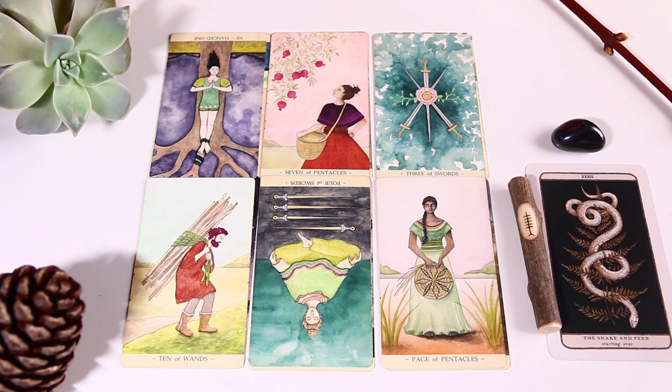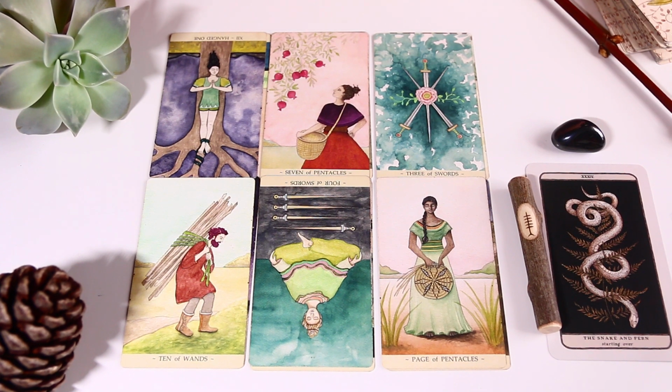And also with the Page of Pentacles, it could be that it wasn't even paying you that much. So you're like, maybe, you know, spirits are saying probably it is right for you to step away from it. So I know that it's kind of repeating itself. Let's see if there's anything new. Oh, there it is. So there is Strength,